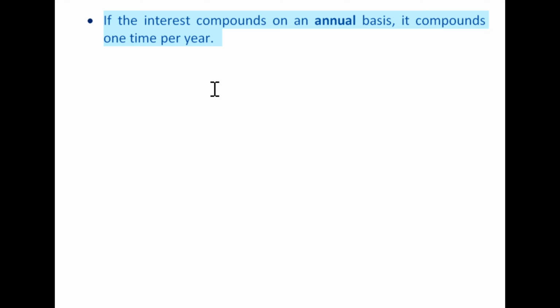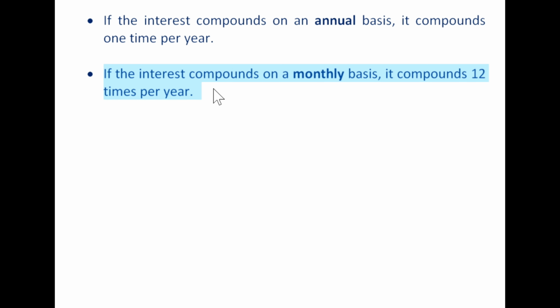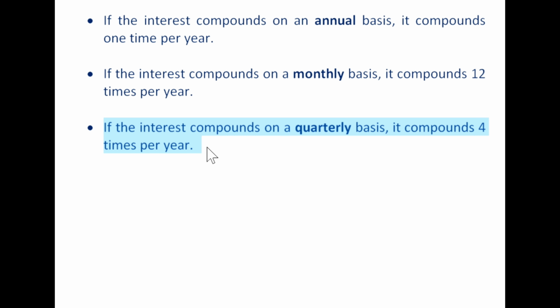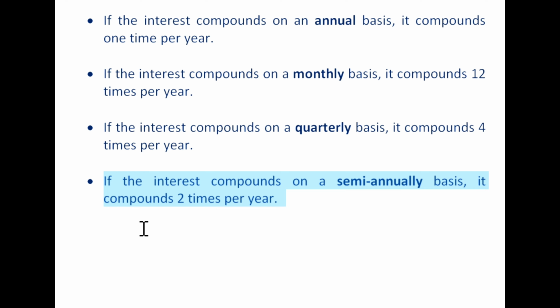If interest compounds on annual basis, it compounds one time per year. If interest compounds on monthly basis, it compounds 12 times per year because there are 12 months in a year. If interest compounds on quarterly basis, it compounds 4 times per year as there are 4 quarters for every year. If interest compounds on a semi-annual basis, it compounds 2 times per year as the interest compounds for every 6